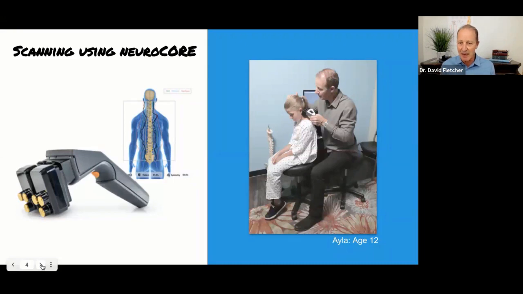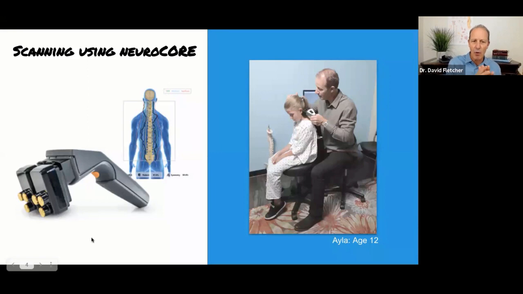There's a picture of me checking out Ayla, who is an age 12 patient, and we'll be talking more about it. But the value of this particular NeuroCore is that it allows the flexibility to bring it from exam room to tableside environment. And most importantly, it allows you to have confidence because it's collecting some phenomenal data streams in an even more capable way as we leverage things like the Apple processing systems in the new Synapse system.